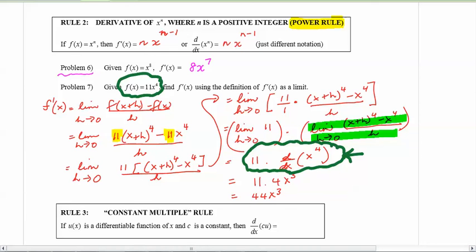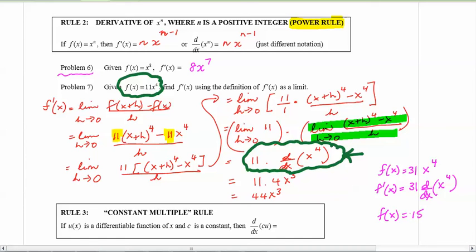If I had, let's come up with something else, f of x is equal to, I don't know, 31x to the fourth, then the derivative of that is going to be 31 times the derivative of x to the fourth. Or to take yet another example, if I started off with, oh goodness me,